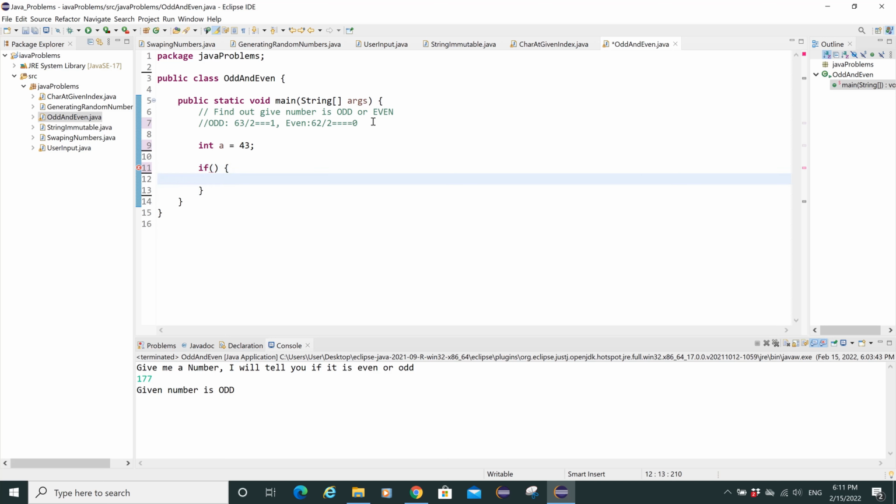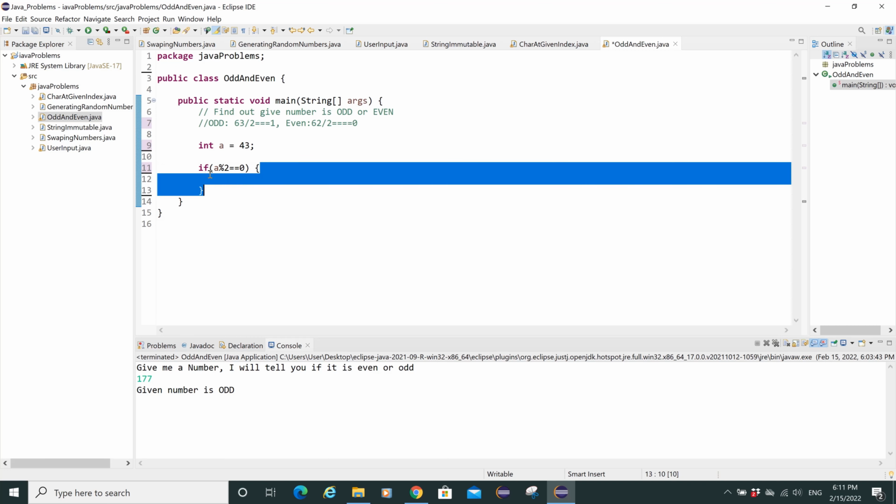In the condition box, in Java we generally use the mod operator to get the remainder. So if a divided by 2, and the remainder (mod represents the remainder) is equal to 0, then what we want we can put in the